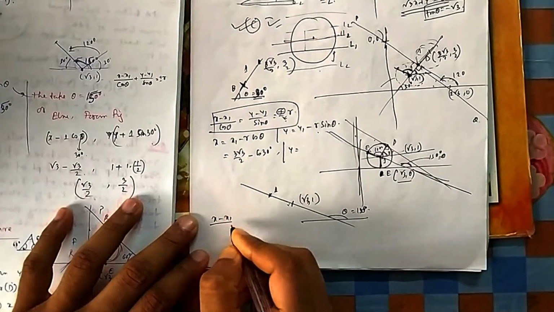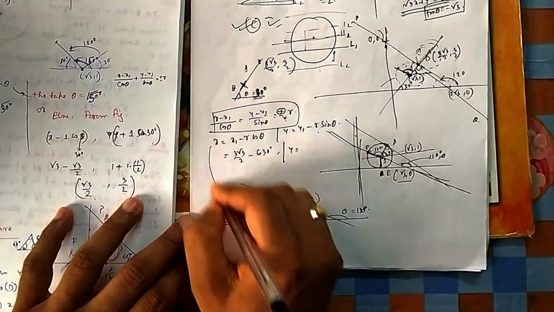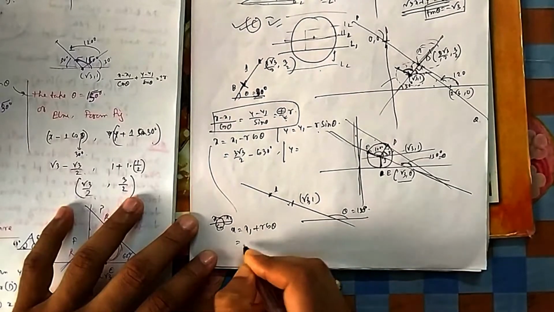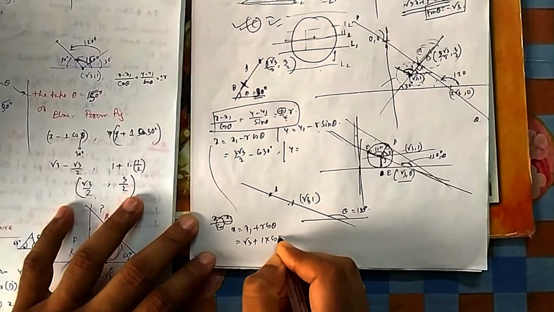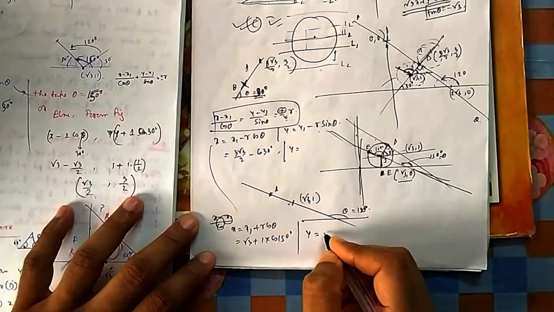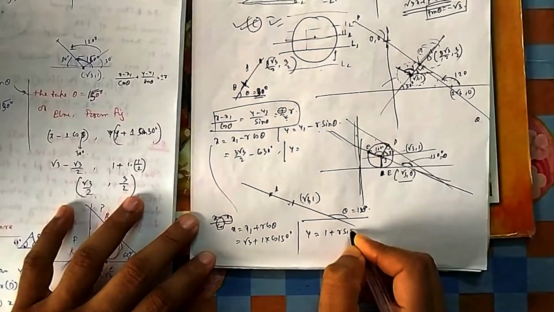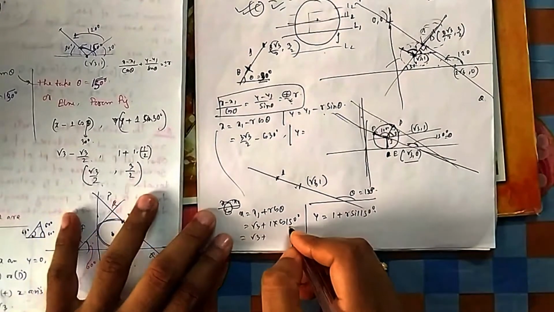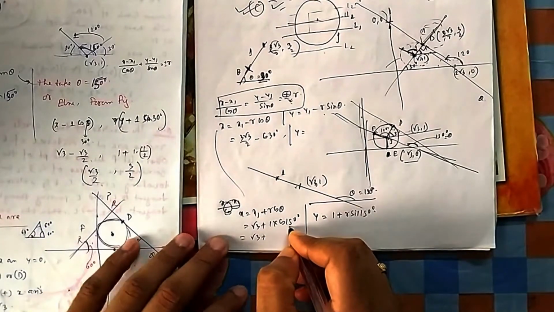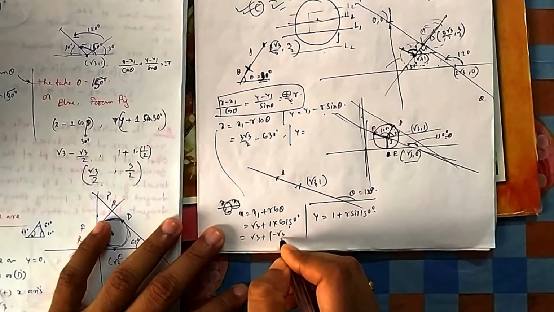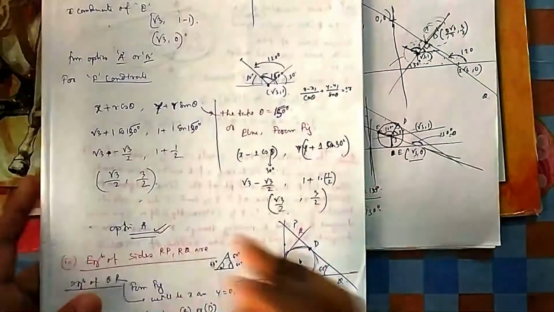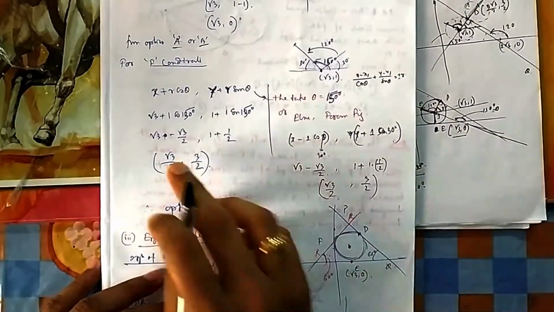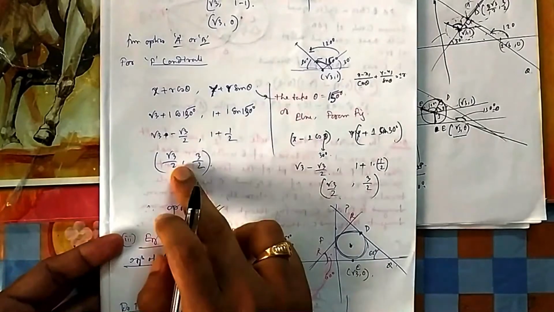So (x minus x1) by cos theta. You can write it directly from here. x will be x1, because it is plus now, plus r cos theta. So x1 is root 3 plus r is 1, cos theta is cos 150. And y is equal to y1, which is 1, plus r sin 150. So if you put it there, what is cos 150? Cos 150 means second quadrant, it will be negative. 150 means it will take 30 degree. Cos 30 is root 3 by 2, so it is minus root 3 by 2. So you can see here, using that concept it is solved. Or you can use the rotation concept, that also I have explained earlier. So in either way, if you solve it, you will find your F point.